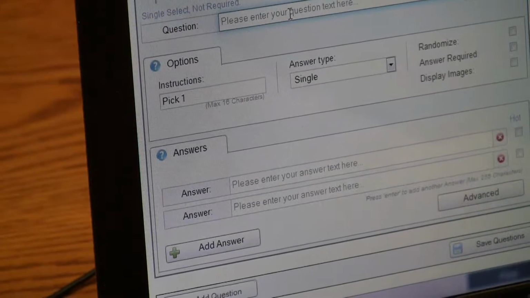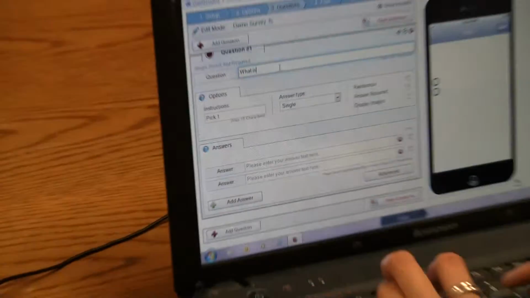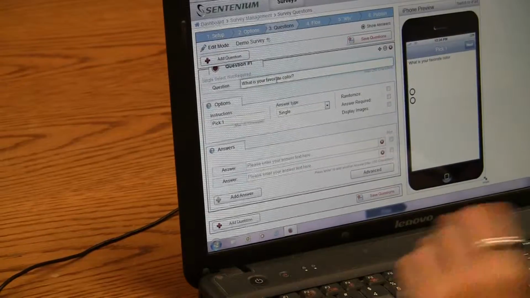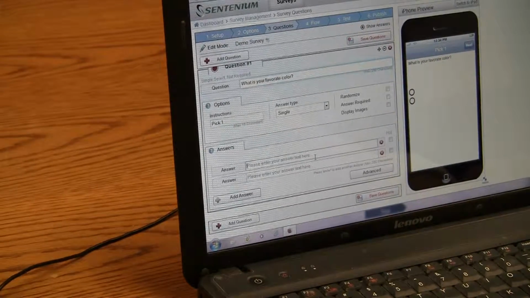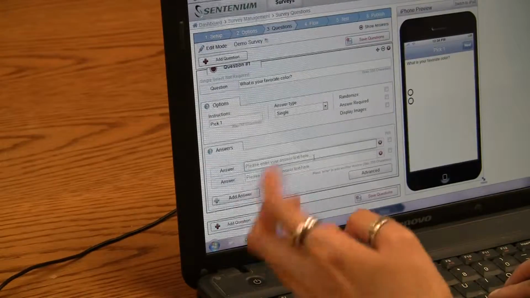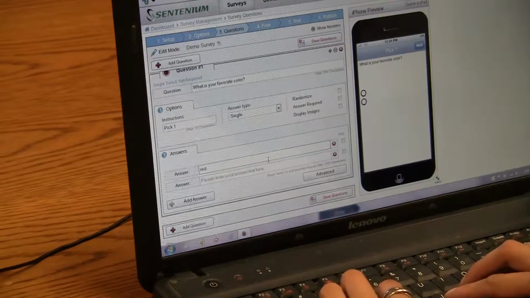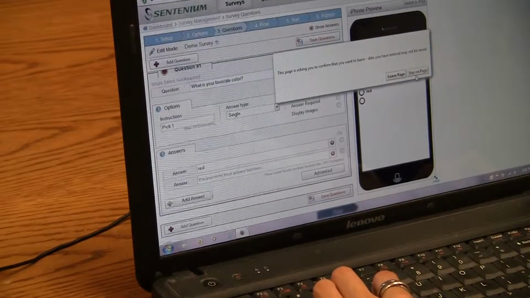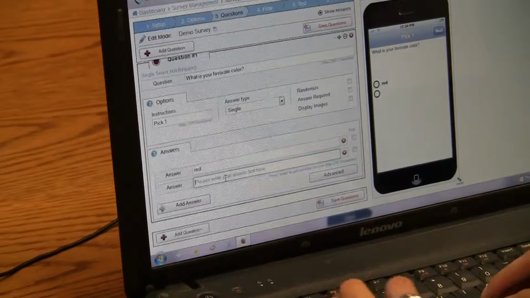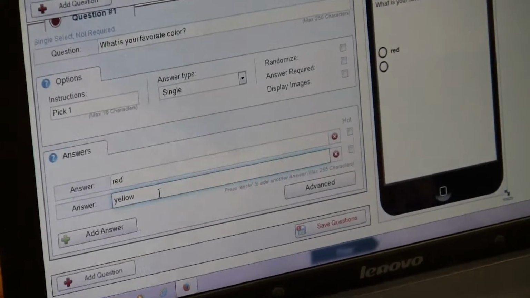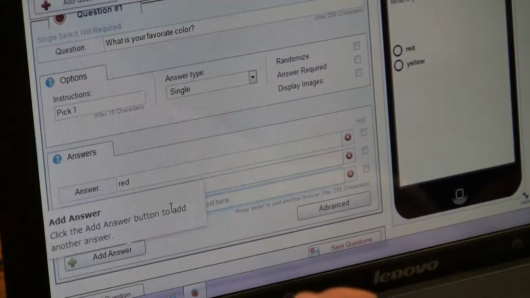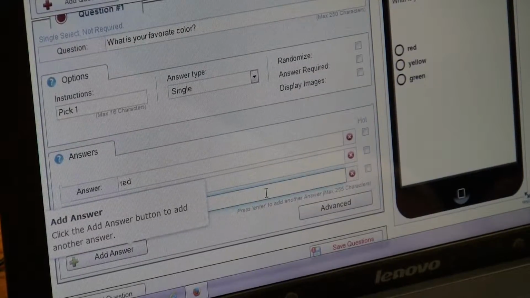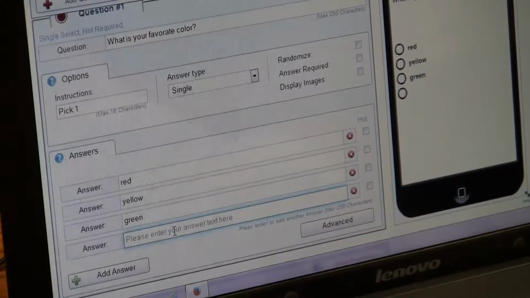And our question will be, what is your favorite color? And for this, we'll do a single select. We can do multiple answers, such as red, yellow. You can add answers. Green, blue,